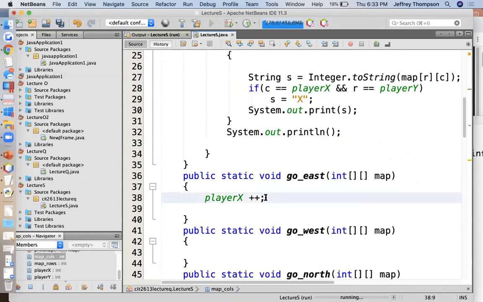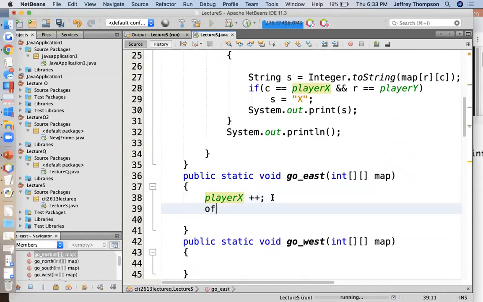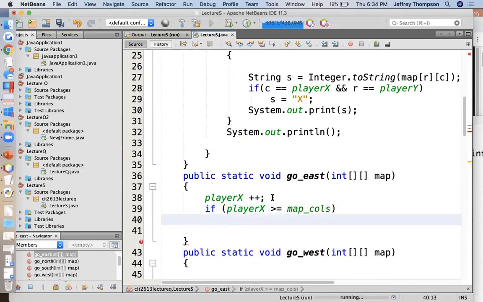So let's check. If player X is greater than or equal to map_calls, then it needs to be reset to map_calls minus 1, right? Because if you have an array from 0 to 9, that's an array of length 10. So player X equals